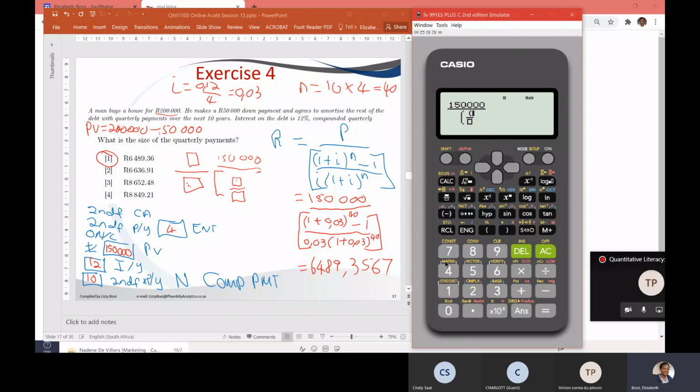And we say bracket again, and we do 1 plus 0.03, and we close the bracket and we press the power button and we put the 40, and then you go with an arrow, you press the arrow and it will take it down, and then you press -1, and you need to go down now. We need to go down to complete the bottom part, which is